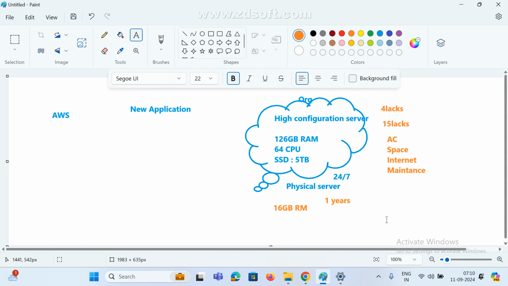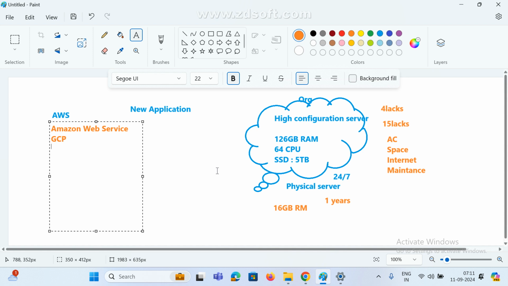To overcome this problem, nowadays there are many providers available in the market. These are the topmost providers: AWS, Amazon Web Services, and also IBM, and GCP, Google Cloud.